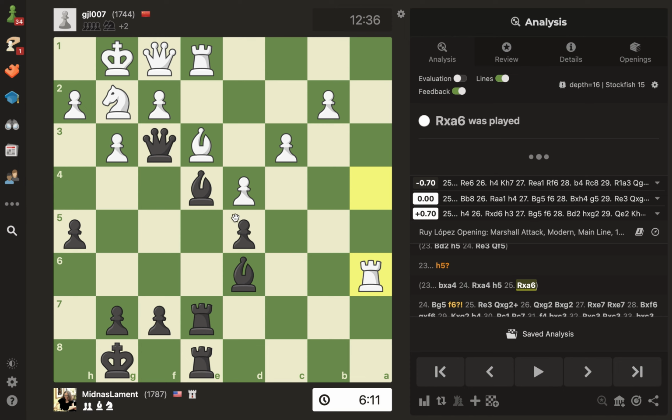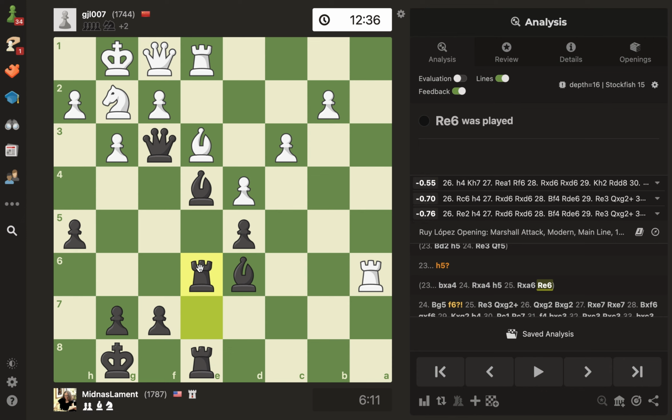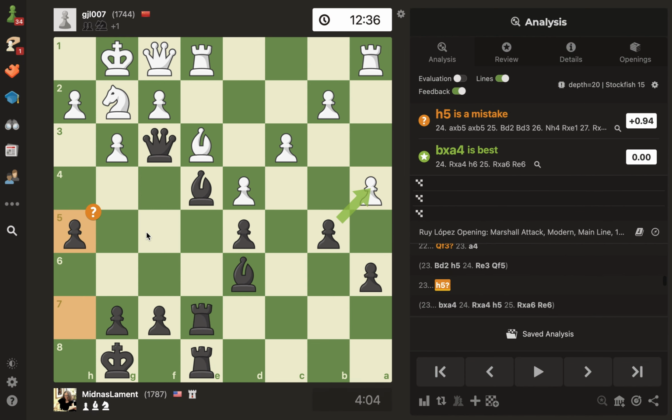Because rook e6. Oh, I didn't consider this in my calculations. I was considering this before just simply defending the bishop, which is kind of hilarious in a way. That shows where my head's at, right? I'm so eager to sacrifice. Okay, anyway,